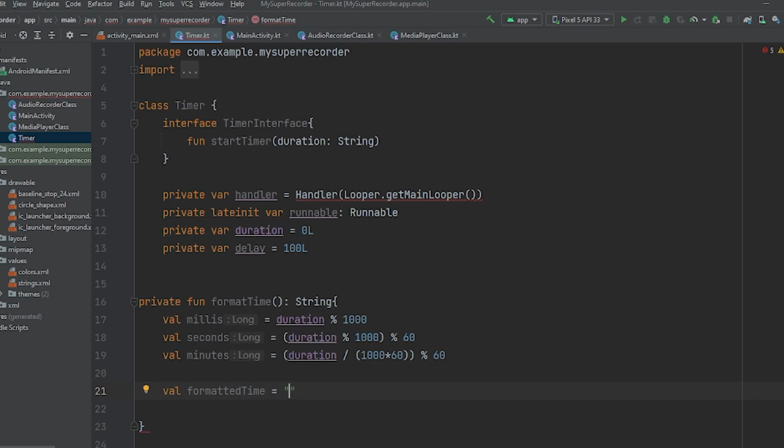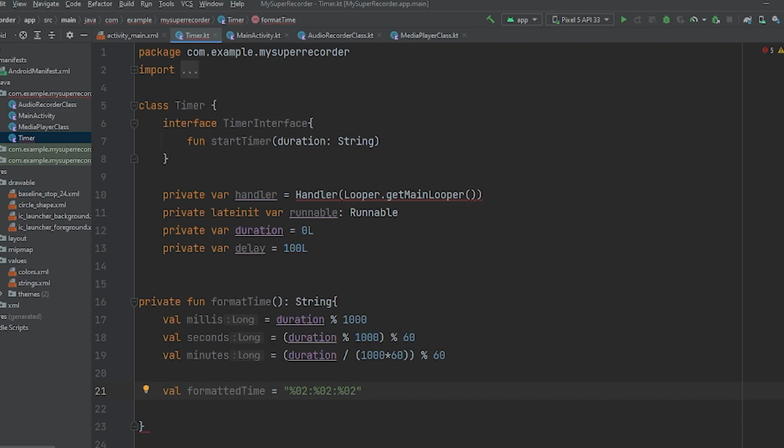Let's use things from Java. This percent 02 means 2 digits, and then again percent, it's like a placeholder for our 2 digits, and then percent 02, and then again a colon, and then again percent 02,